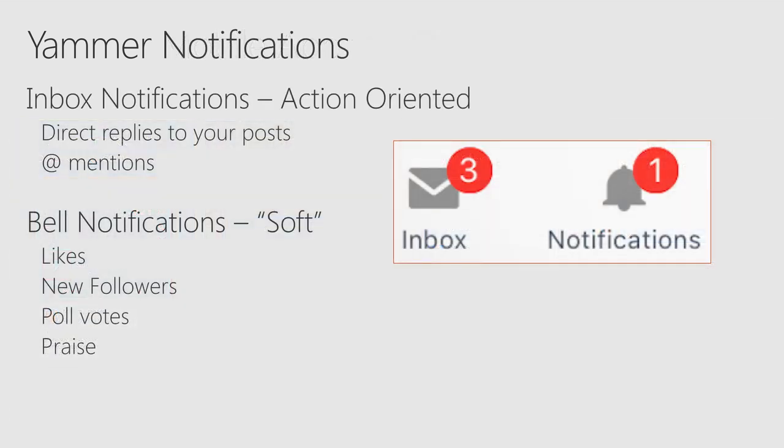We'll also talk about Yammer notifications here, and there are two types of notifications in Yammer, and let's talk about the differences. First, inbox notifications. These are action-oriented notifications, things like when someone replies to one of your posts, or when you are specifically @mentioned. Yammer wants to highlight these messages. Hey, someone replied to your post, you probably want to see that. Maybe it's the answer you've been looking for. Or if someone @mentions you, presumably they're @mentioning you on purpose. They're like, hey, Kevin knows something about this, and then Kevin can be notified that, hey, you should be joining